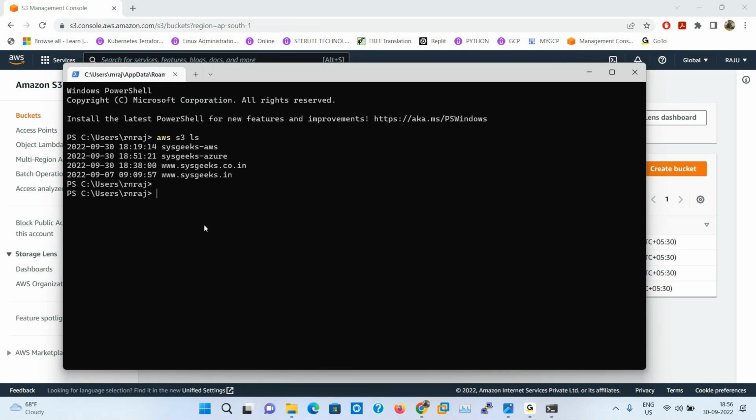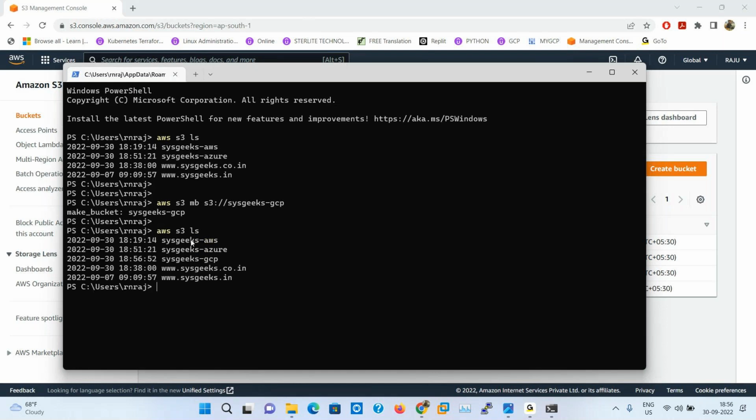How to make a new bucket? aws s3 mb means make bucket. Under S3, I want to create a bucket like sysgigs-gcp, for Google Cloud. Then check it with ls.